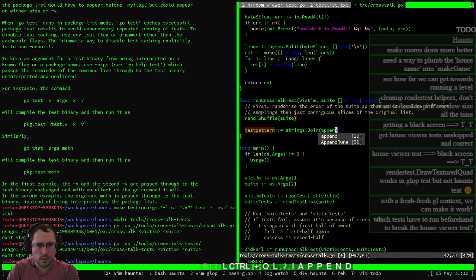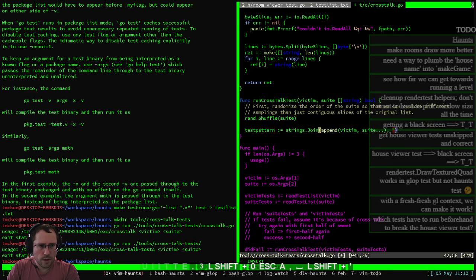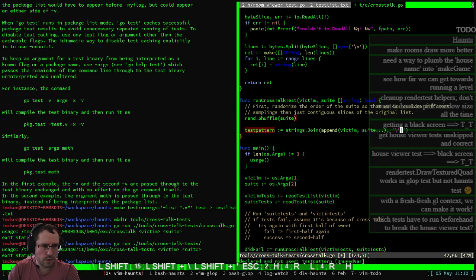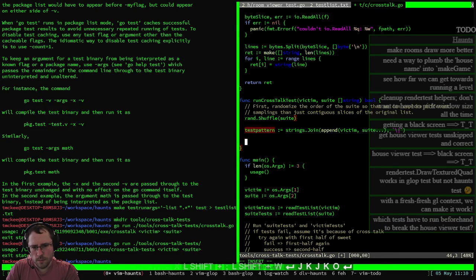So join, append victim and explode the suite with backslash pipe. Or we can do a raw string and not worry about the escaping. And then we run go test. So go. We should probably actually parameterize how we run the tests, but for now,